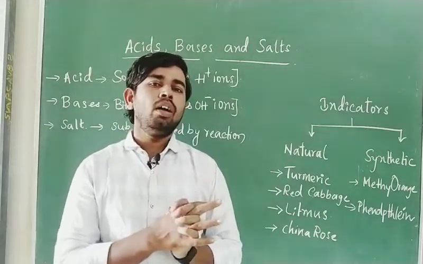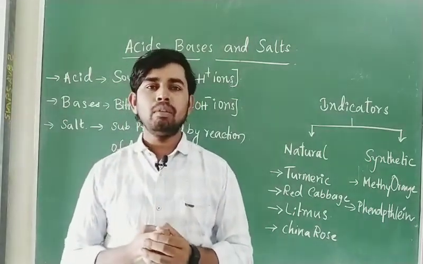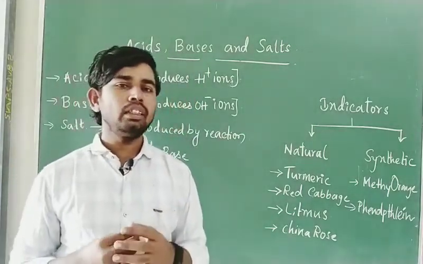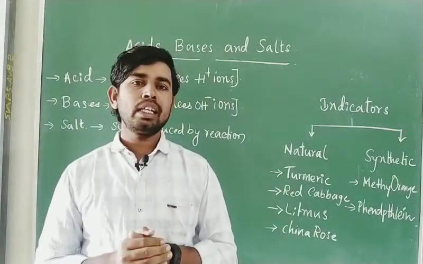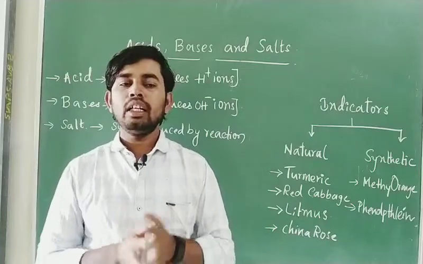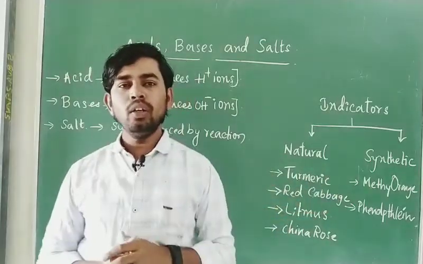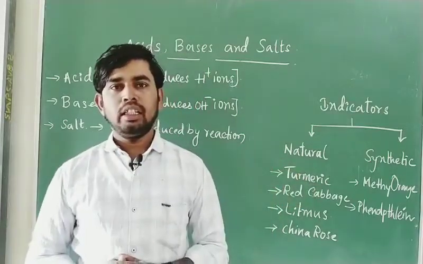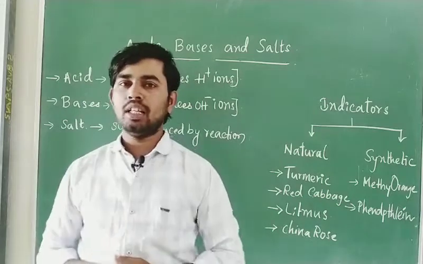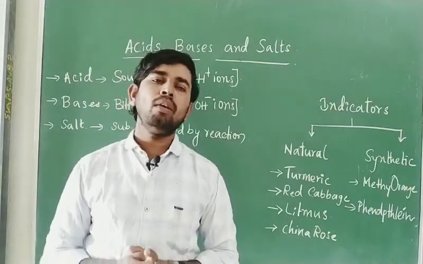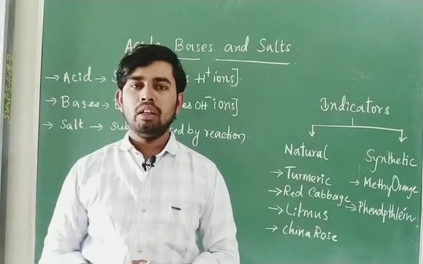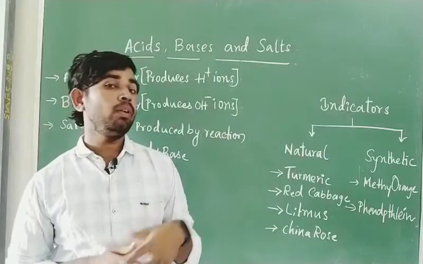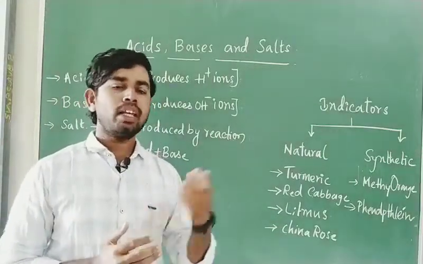Among them, when you start to taste them, some will taste sour. Then those edible substances we are going to call acids. We are keeping them in the category of acids. If some are bitter in taste, for example cucumber, baking soda, bitter gourd, these items we are keeping in bases. What about vinegar? Vinegar is sour in taste, that is why we are keeping it in acids.